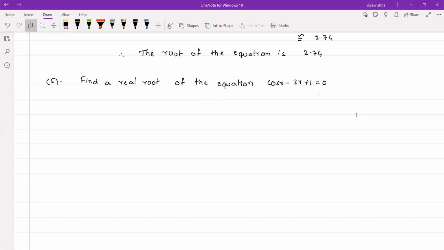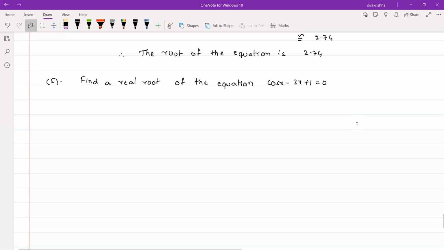So here also we have to find the root of the given equation. Whenever it is not mentioned whether a positive or negative root is needed, we can select any numbers, starting from 0, going to the negative side or selecting positive numbers, whatever it may be. We have to select numbers until the signs of two different numbers are opposite. Then we say that the root lies between those two numbers. So try this problem and find the solution.